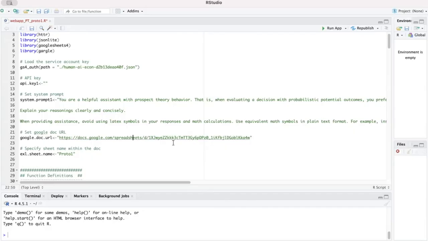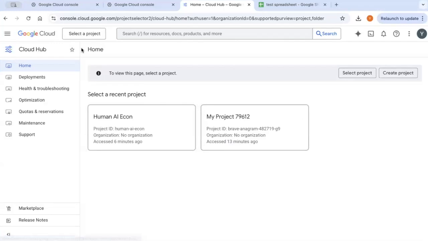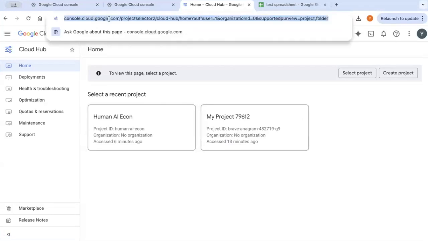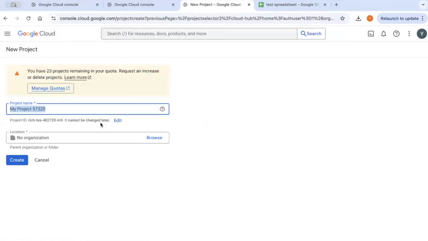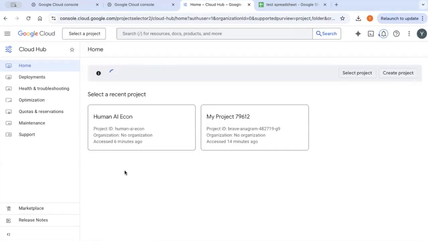And next, we share access of this Google Sheet to a service account with an email address. Right, so how do we set up the service account? So we go to console.cloud.google.com here, and we create essentially a new project. Let's create a project. I have a free account, so I have only 23 remaining, but that's enough. Let's call it test project one. Okay. And once we create this project,